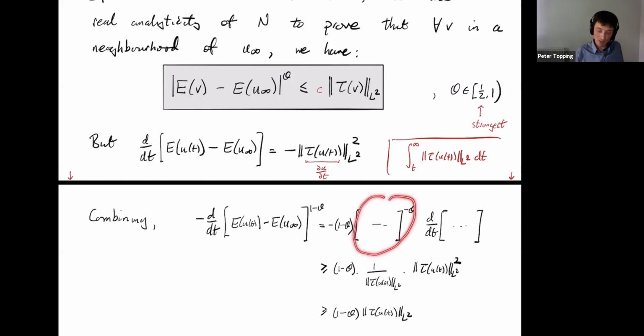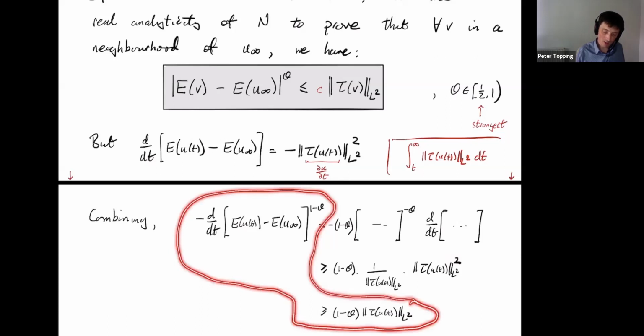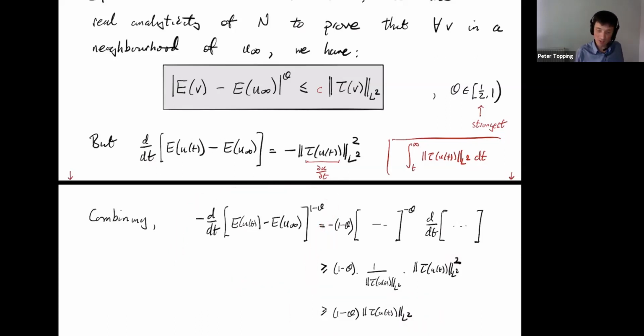This first part here is 1 over this here. So we can turn that into a 1 over that. And that's where this came from. This part here is just this. So we can turn it into an integral of tension squared. So of course you get cancellation there and you end up with this. So we've controlled the tension in L2. So now we really do have an estimate here that we can integrate in time and get control on this, okay?